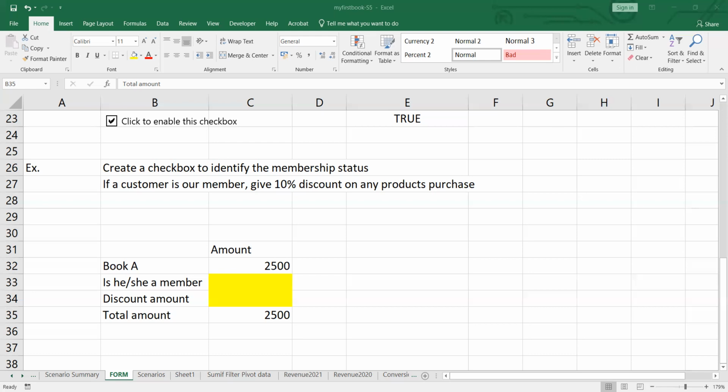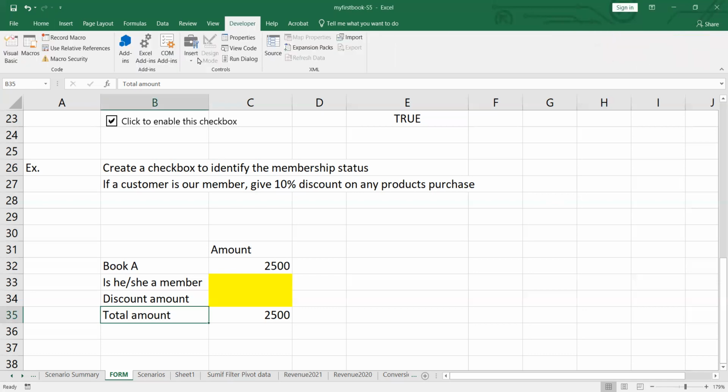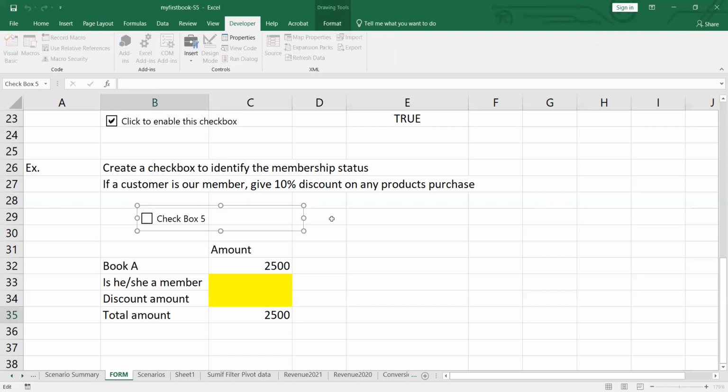Okay, so now let's see the answers that some of you gave me. When you create the checkbox, it's like this: we go to the developer tab, insert, and then checkbox. In here I name this checkbox as, what to say,